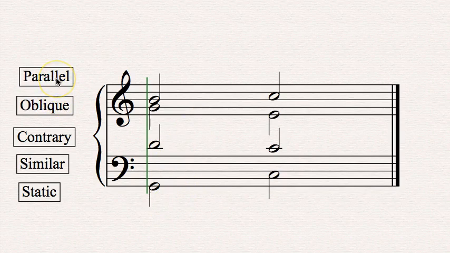So the five types, again: parallel, which is motion where the voices go in the same direction by the exact same distance. So both voices move by a major second in the same direction, for example. Oblique is where one voice stays static and the other voice moves. Contrary is when both voices move in opposite directions. Similar means that both voices move in the same direction, but